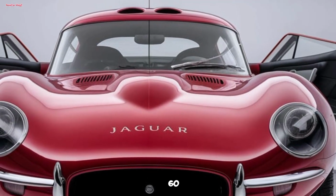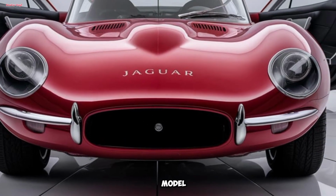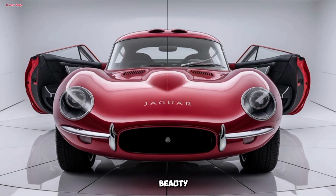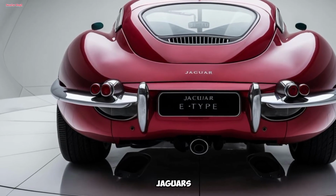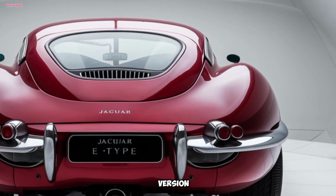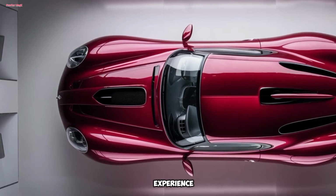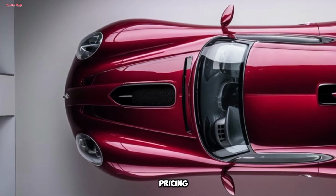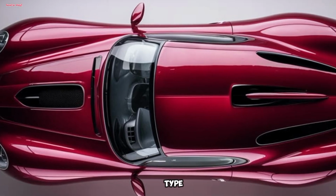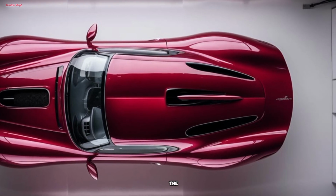With a 0-60 mph time as quick as 3.8 seconds in the electric model, this E-Type is not just about beauty. It's built to perform. Jaguar's engineers have also included regenerative braking in the electric version, allowing for more efficient energy use without compromising the driving experience. As for pricing, the 2025 Jaguar E-Type starts at around $120,000 for the base model with the inline-six